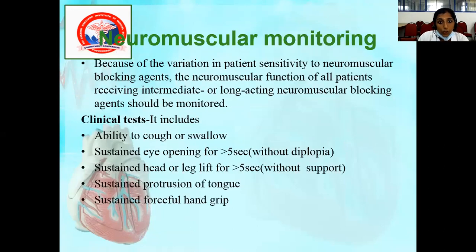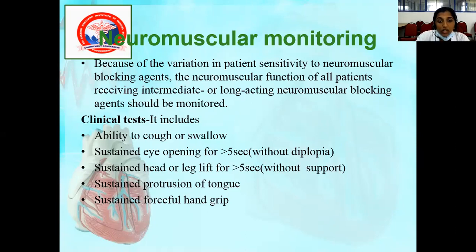So next is neuromuscular monitoring. We have done with cardiovascular, respiratory, and neurological monitoring. In neuromuscular monitoring, clinically, this is mainly done at the end of the procedure, when the patient is coming out of general anesthesia and you want to shift the patient to recovery. There are certain things you want to confirm: that the patient is out of the effect of the neuromuscular blockers which you had given. So the clinical tests for them are, you will ask the patient to cough.